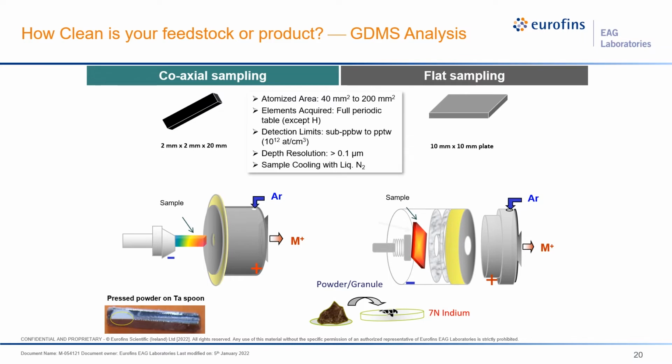Those are the typical features of GDMS analysis in these modes. You can see it has full periodic coverage and excellent detection limits. And the sample is cooled in liquid nitrogen. Why so? Because it makes sure the impurities don't redistribute during the analysis. In the plasma process, it can be high temperature, so this makes sure there is no temperature gradient driven segregation